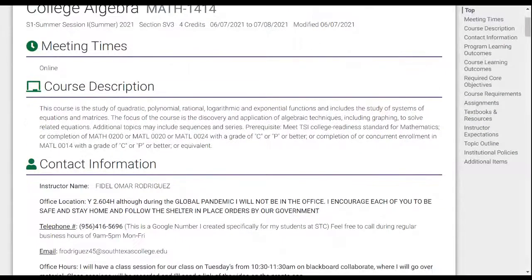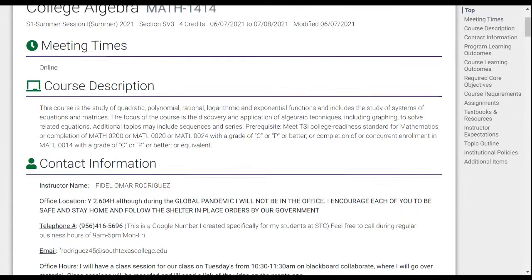So I know a couple of y'all had messaged me saying, when do we meet? Because it just says online. So that's right, the class is an online class. You don't necessarily have daily meetings, y'all. It's just the way the course is set up, everything is set up so you guys can go ahead and get started. So course description, it's the same thing that I had in that other tab.